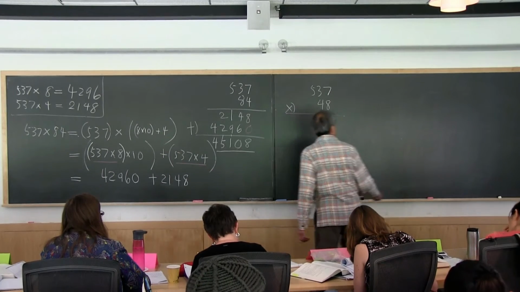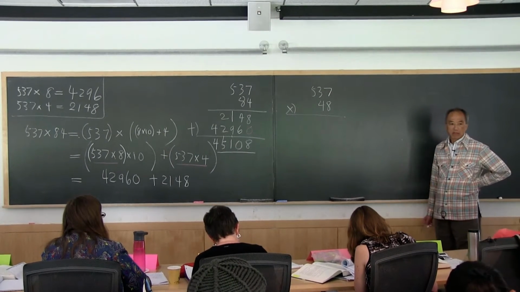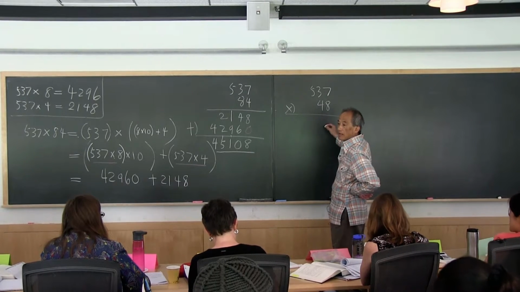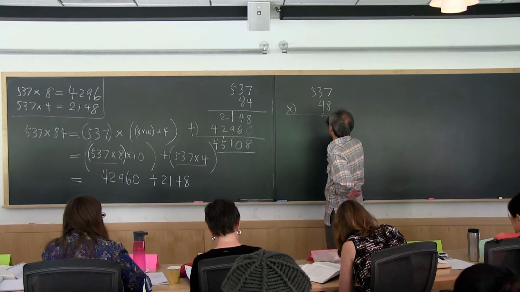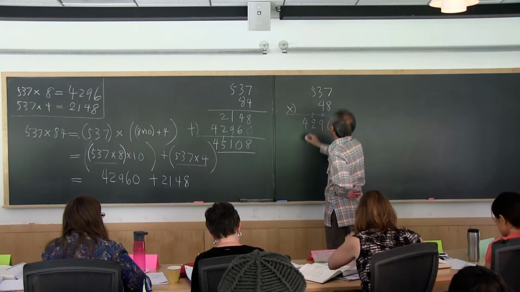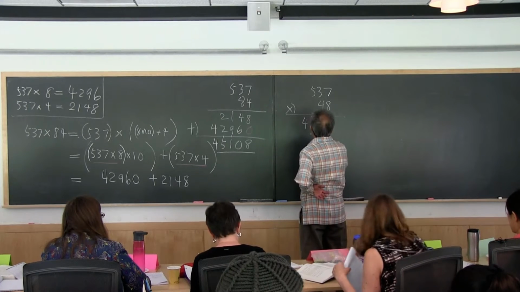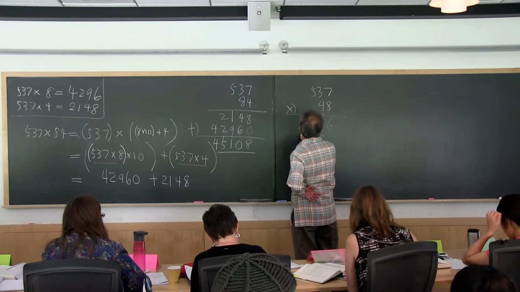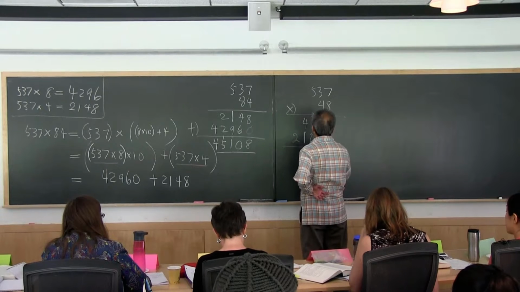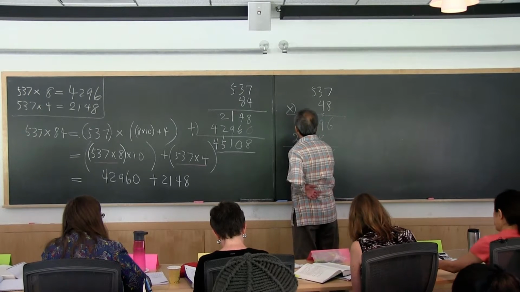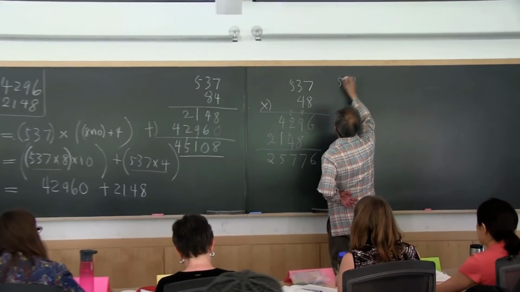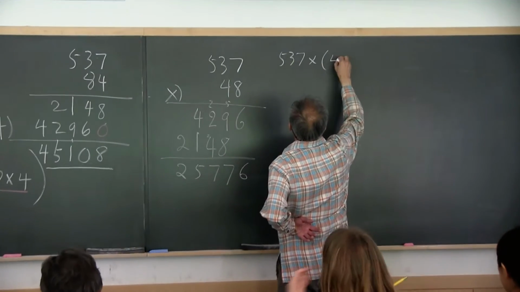So let's quickly do it. All right, so now this thing everybody can do. All right. Correct, right? Yep. And the reason for this is, quickly, 7 times 4 times 10